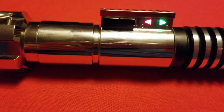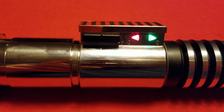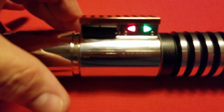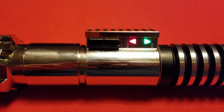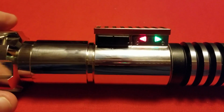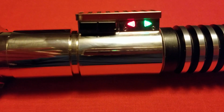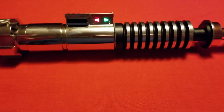The interesting thing is the lockup kind of works the same way that the lockup works on the Gen 3. You have to kind of hold it for a bit and then tap it, and it kind of engages. But the blaster block, of course, you just tap the switch. So anyway, this is